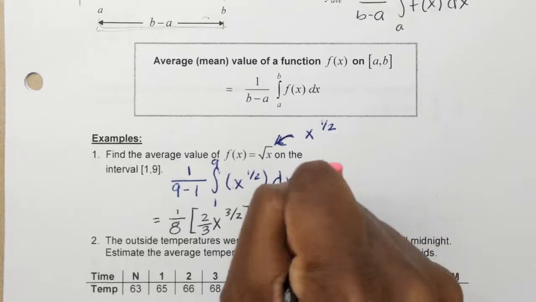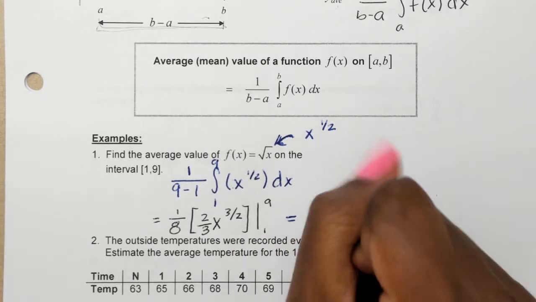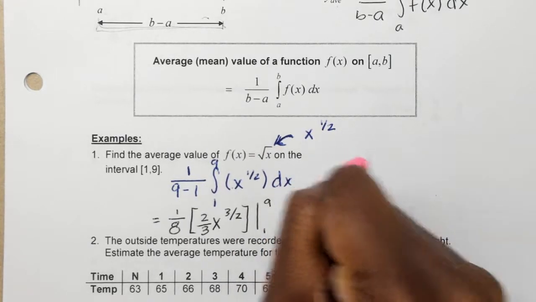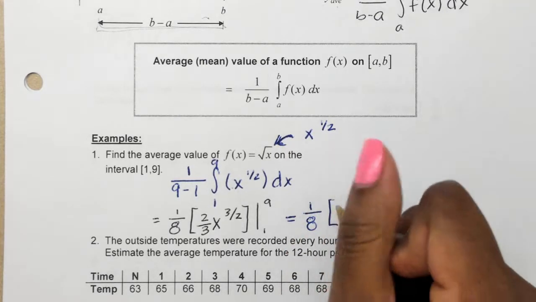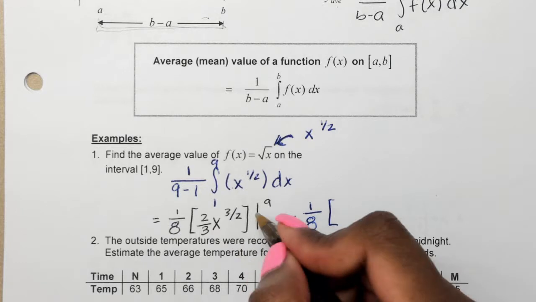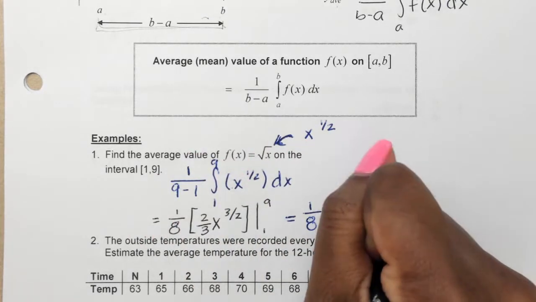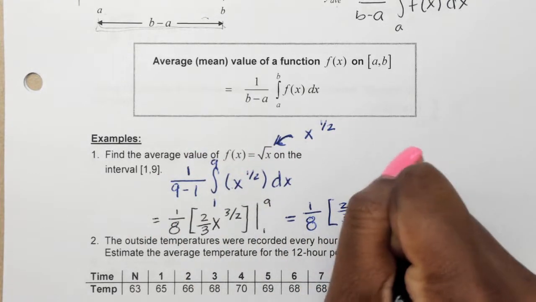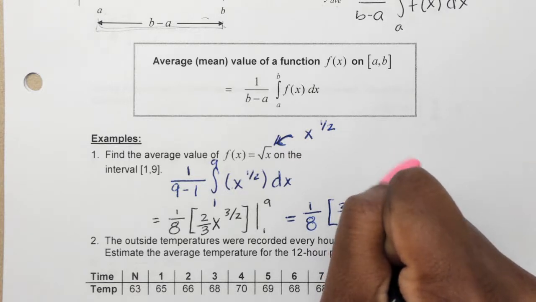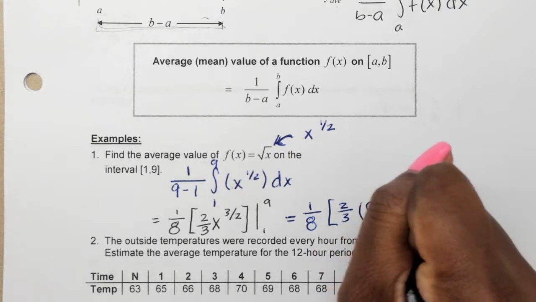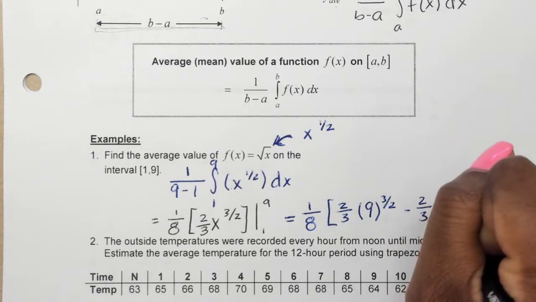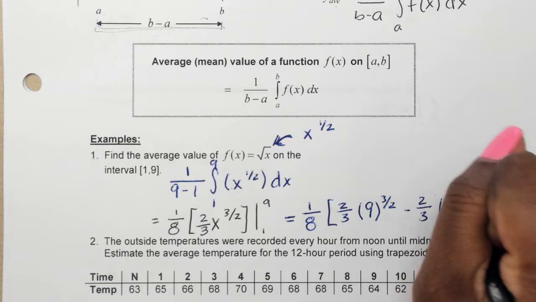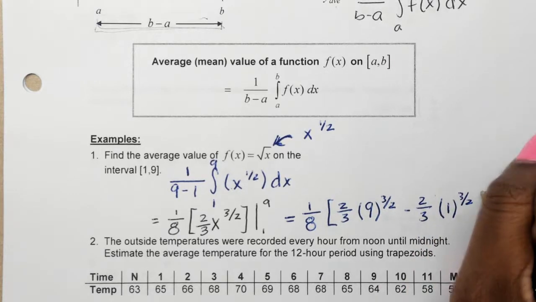Okay, so now we still have our 1 over 8, and we're still going to multiply that by 2/3 times 9 to the 3/2 minus 1 to the 3/2,